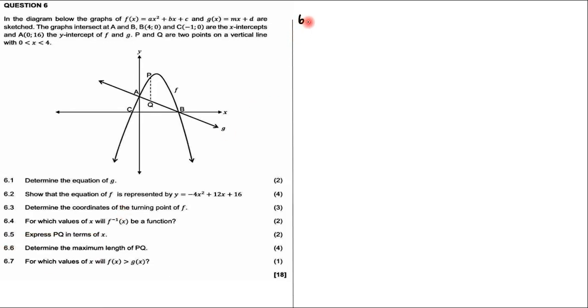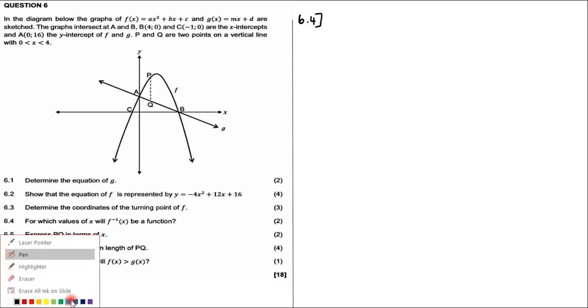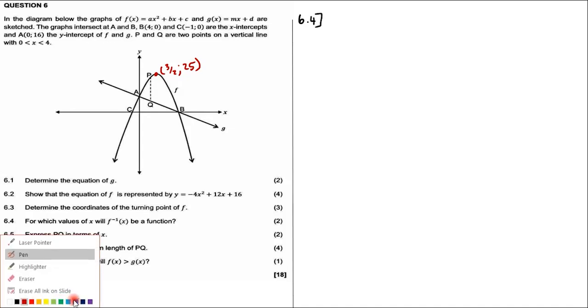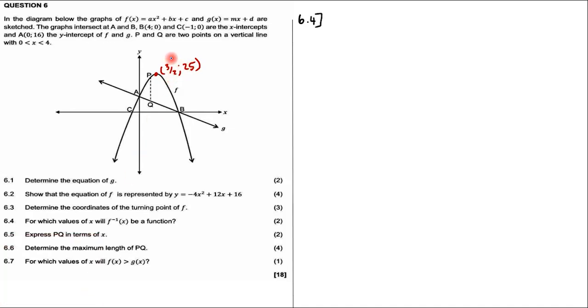6.4 reads as follows: for which values of x will the inverse be a function? In order for us to understand the values of x for which the inverse will be a function, we need to look at the critical value that we had first. The critical value was the turning point, which was 3 over 2, 25. The minute you start doing an inverse, it changes the x value into a y value, and the y value into an x value. So this means the inverse point